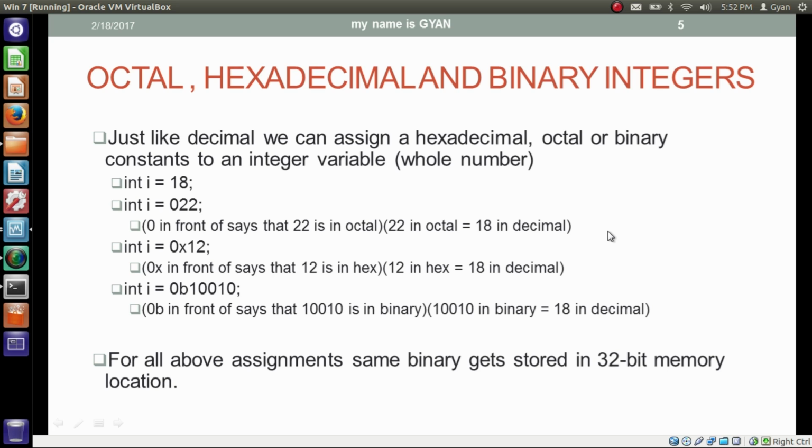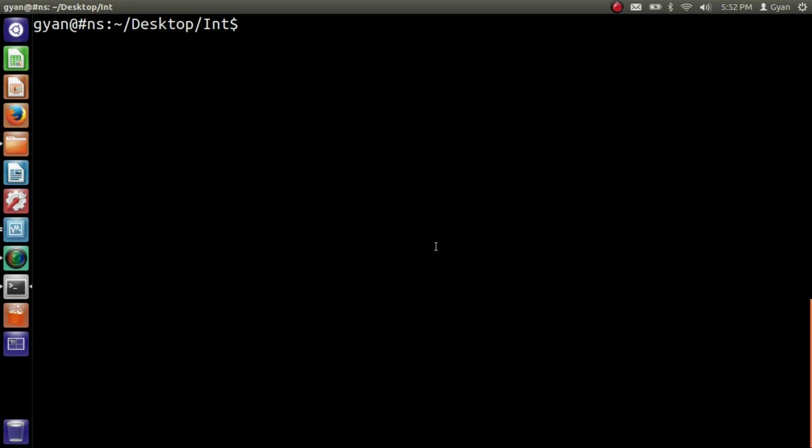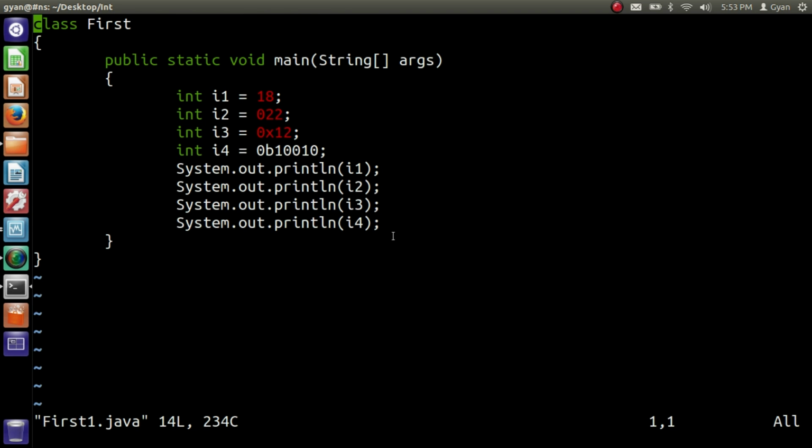Let's use these statements in a program and see what is getting stored in the corresponding variable. My program is stored in the file name first1.java. This is the program.